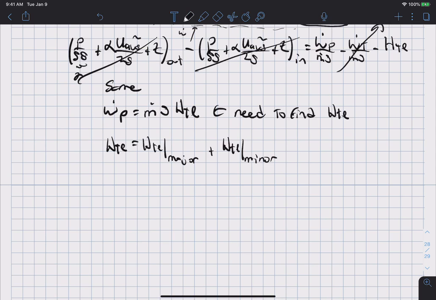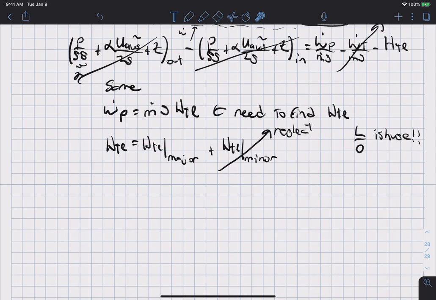Okay, and we are going to neglect the minor losses. That's just due in part to the fact that L over D for this is huge. So it is unlikely that the loss coefficient for the minor losses, KL, is going to be anywhere close to FL over D for the major losses, just due to the length of the pipeline. Okay, and so for this problem, we will neglect the minor losses, because for this type of pipeline, the minor